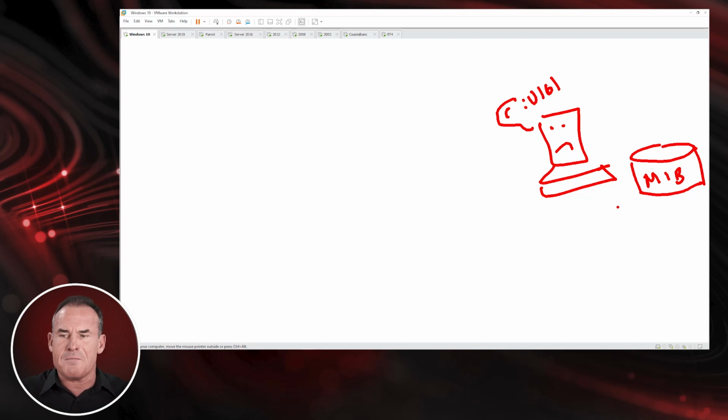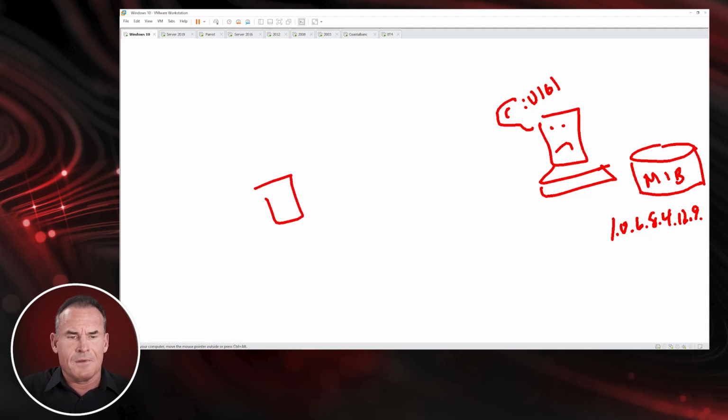Object identifiers are big, long, ugly, dotted decimal notated strings, like 1.0.6.8.4.12.9.10, et cetera. I'm completely making that up as I go along, but that's what they look like. These OIDs map to specific pieces of information, like user accounts on the system, listening ports, the process table, et cetera, et cetera. So when a manager queries the agent